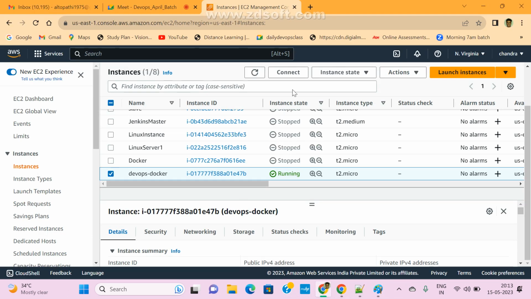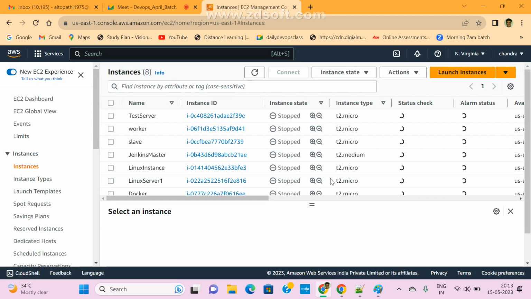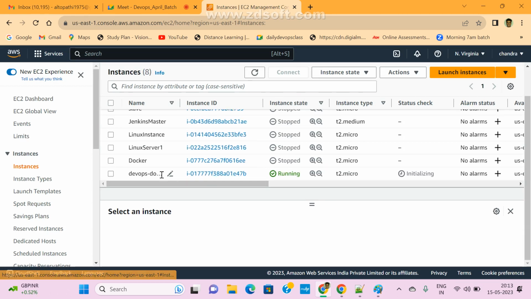Anyone tried? Now let me connect my instance. Okay, that is the next question. How to find only running containers? I hope everyone knows, right? How to check only running containers. What is the command?